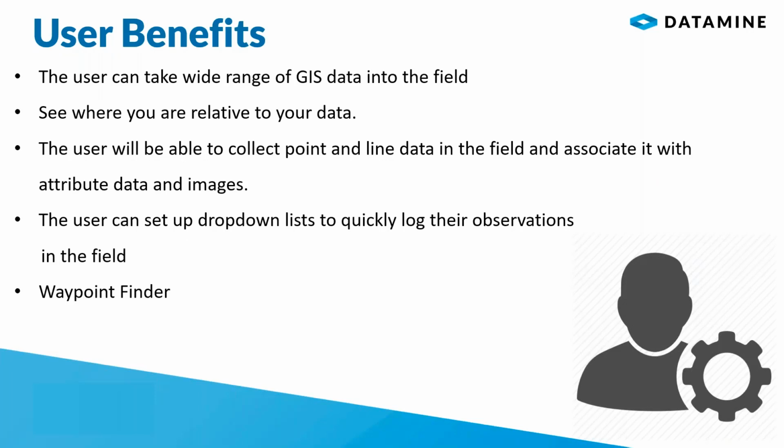So what are the user benefits? Firstly, you can take all your GIS data from your desktop to the field. This includes your grids, like your topos and your mag grids. You can take images and vector data, points, lines, and polygons. And by using your GPS on your mobile device, you are able to see where you are relative to your data. So instead of just having a normal handheld GPS where you'll just take points as you go, you'll be able to see where you are in the field and take live GPS points. So it's extremely helpful